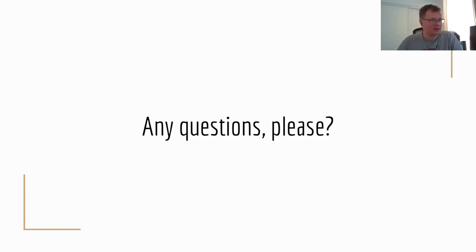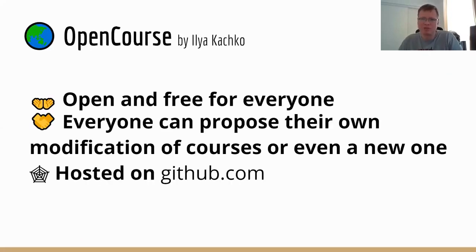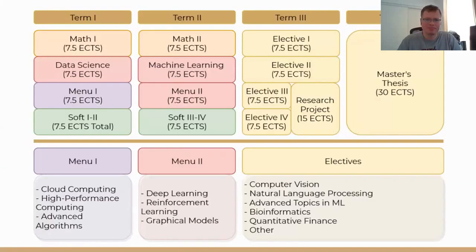Okay, second question is about the course-based versus research-based options in the program. How do you propose to structure those, the course-based master program versus the research-based one? What are the differences? The differences come in the third term, basically the number of electives. You either take 30 credits of elective courses, or you take 15 credits of courses and 15 credits to either do an internship or research, or take more time for your thesis. So basically 15 credits either in electives or in research.